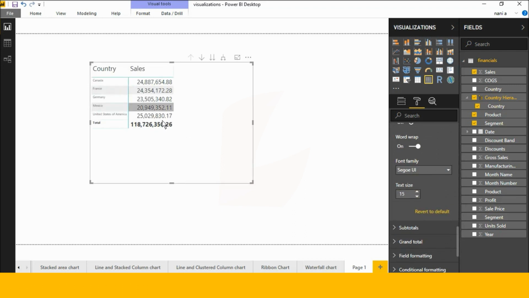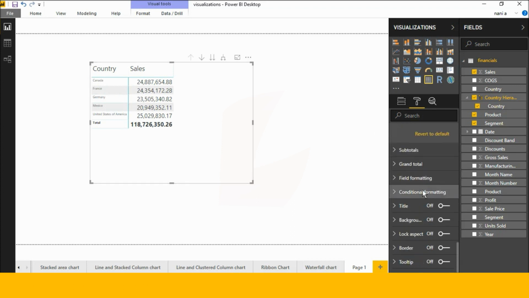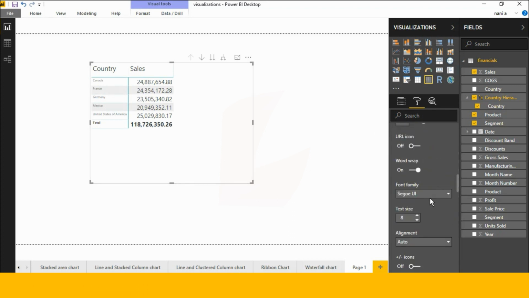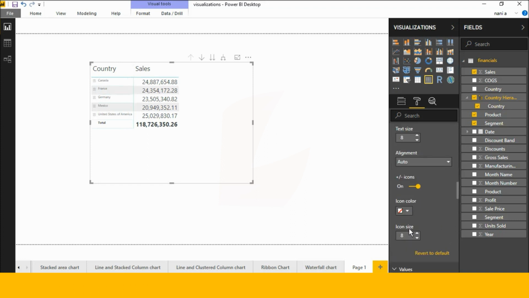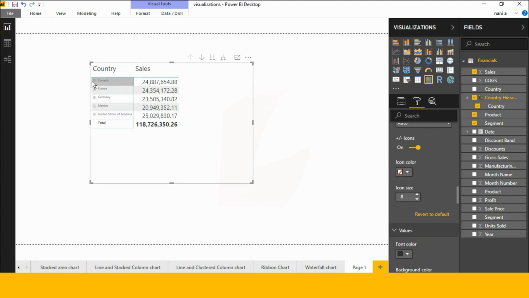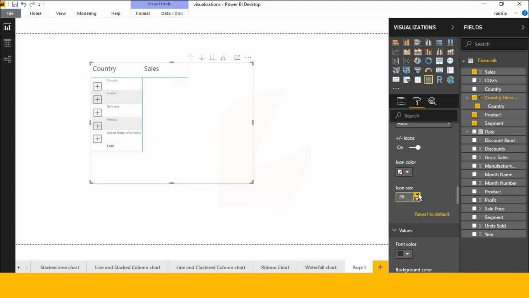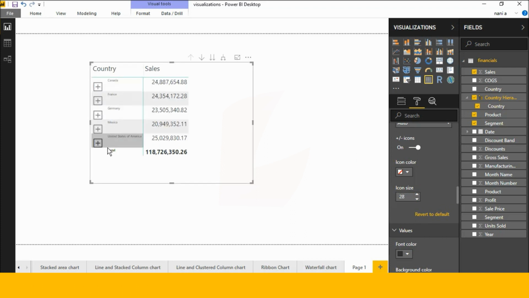these values. Okay, and next go to select this row header and see this, in this place a new feature, icons, is available. Let's click on these icons and see this, in this place icons are available. First we need to increase this icon size. See this, when you click this up arrow, it automatically increases the icons.